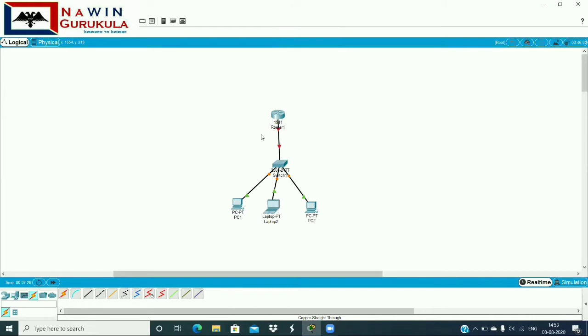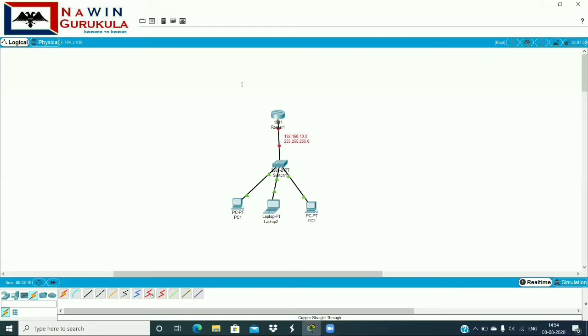Here we are having a single network, that is from the router till the end devices we have a single network. So let us give the IP address for the network as 192.168.10.0 and the subnet mask as the standard one, that is /24, 255.255.255.0. So this is our network ID, like the IP address of the network. For the interface and the end devices, we can give IP addresses starting from 10.1 to 10.255.